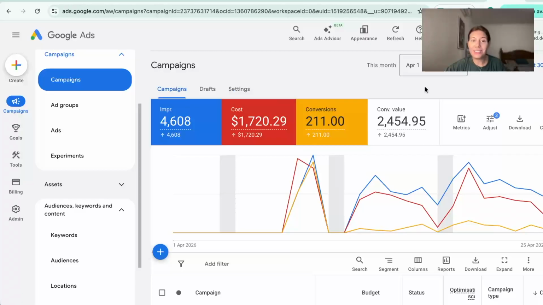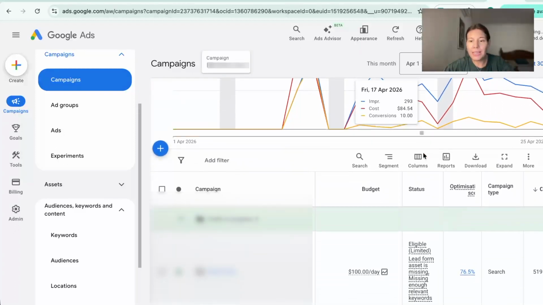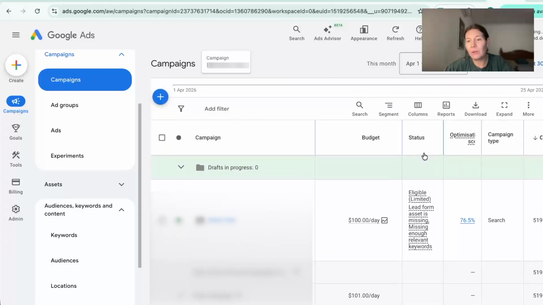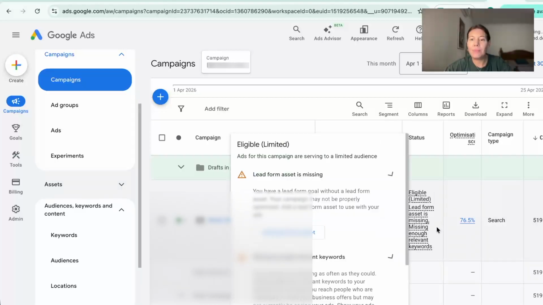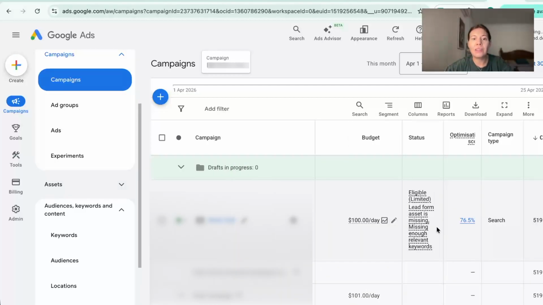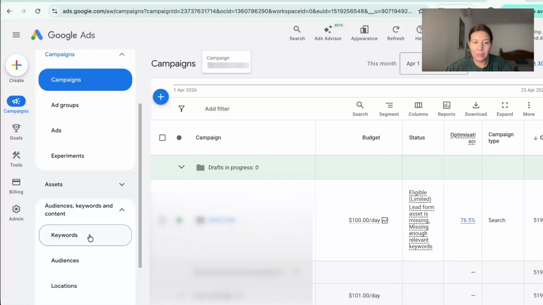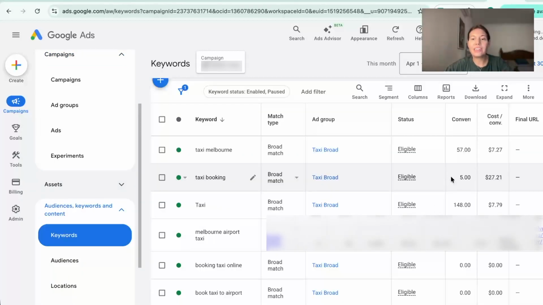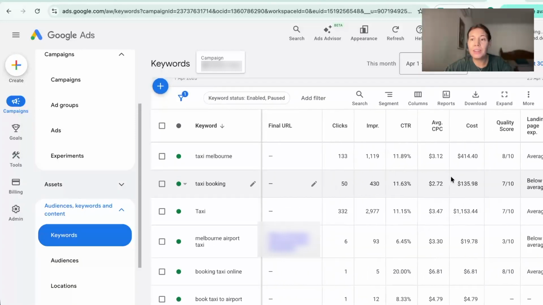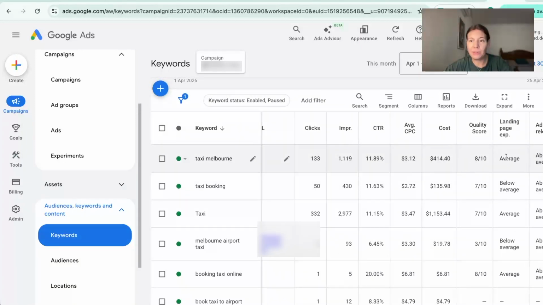And where can you check why are you not getting any clicks or impressions? You can simply check here under the campaign overview here. If we scroll down, we actually get already a lot of details like what can be the issue. We can see here that a lead form asset is missing and that we are missing enough relevant keywords. So Google often tells you exactly what is wrong if you just have a look in the campaign overview. If you want more details, you can click under keywords here. And here you actually see how each keyword is performing regarding the quality score, the landing page experience, and the